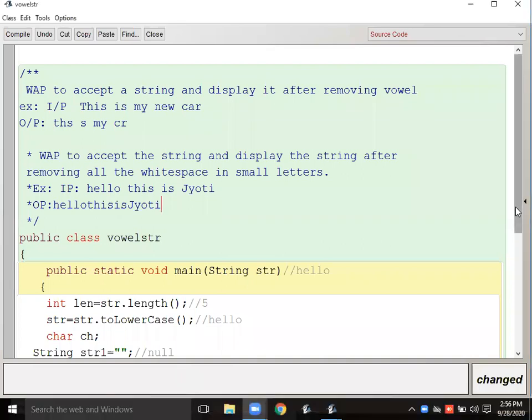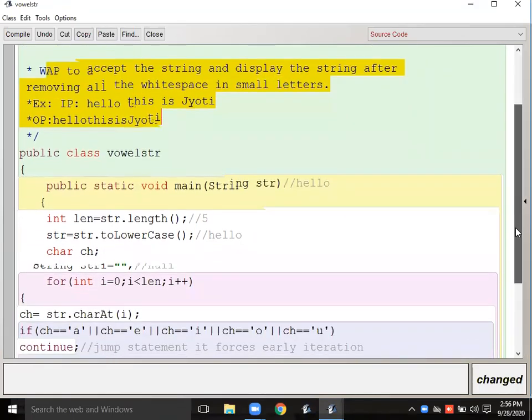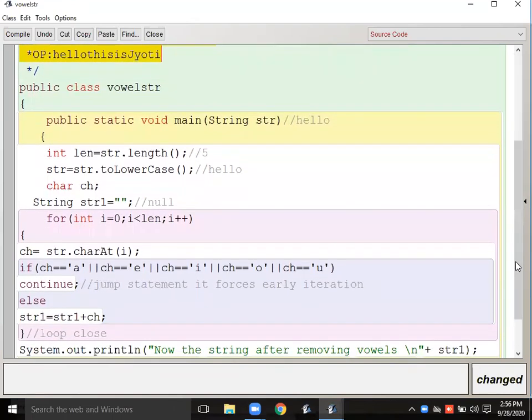See that. In this question, remove the white spaces. So what we will do, we will fetch the letter as in the last program we have done. For fetching the letter, we will calculate the length. First of all, we are accepting the string, calculating the length, converting, it's up to you. If it is given in the question, you can convert, otherwise no need of conversion. Then length we are calculating. After calculating the length, here I am executing the loop.